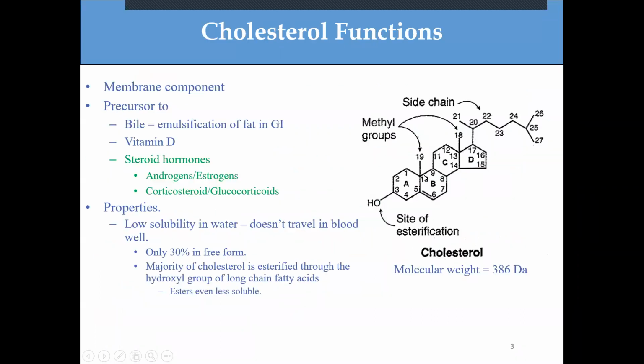Okay? So the first thing is that we have cholesterol, the molecule. You can see it over here. It's pretty cool. Now the key thing is that cholesterol is one of the essential molecules to the body. It's a membrane component, and it helps make bile, which if you remember from GIT, helps you absorb fats. It also helps make vitamin D, and it makes steroid hormones, which is stuff like testosterone, estrogen, cortisol, and stuff